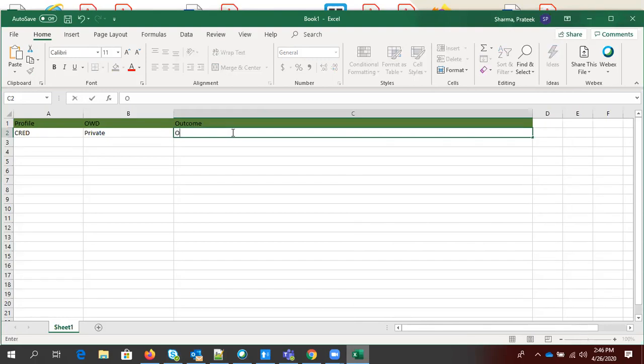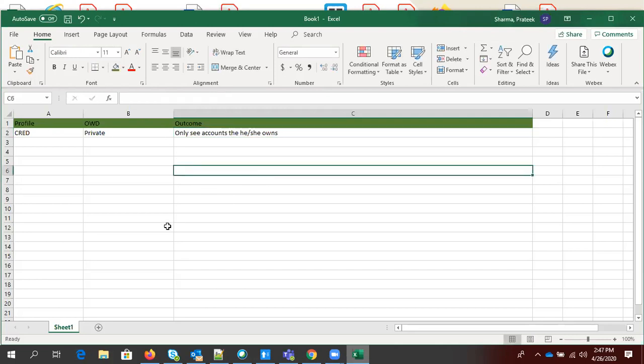You can only see accounts, because we are just talking about accounts, that he or she owns. Owns means ownership, right? Clear? Any doubt till now?